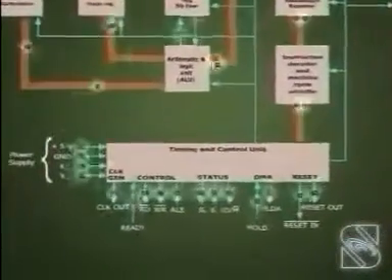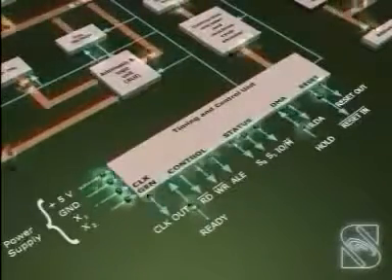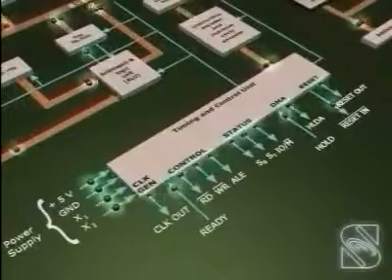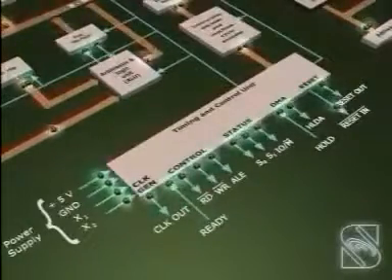Timing and control unit. The timing and control section of microprocessor includes an oscillator and controller sequencer. The oscillator generates the two-phase clock signals, CLK and CLK bar, that synchronize all registers. The controller sequencer also produces the control signals needed for internal and external control. The controller sequencer is microprogrammed. It has a ROM that stores all the micro routines needed for executing the instructions.